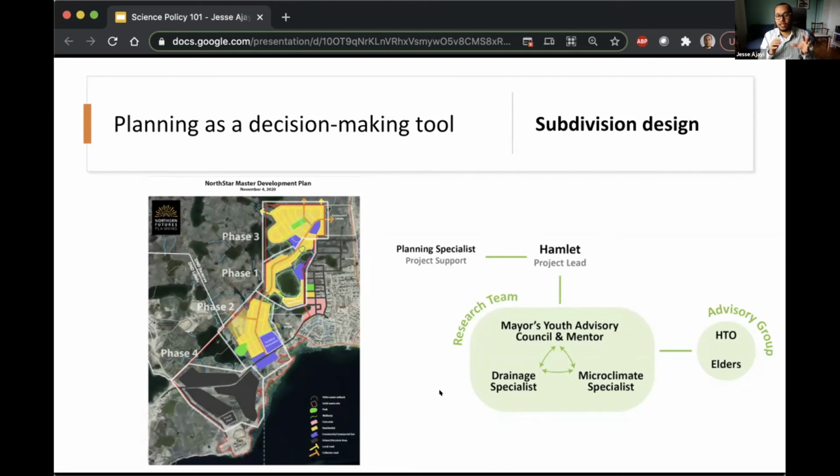to study the area for microclimate and drainage issues, and then all under the guidance of our advisory group, including the Hunters and Trappers Association and elders. So bringing in traditional knowledge as a way of guiding the scientific process. And we intentionally included no travel budget in the funding ask. So there's no Southern specialists flying up to Cambridge Bay.